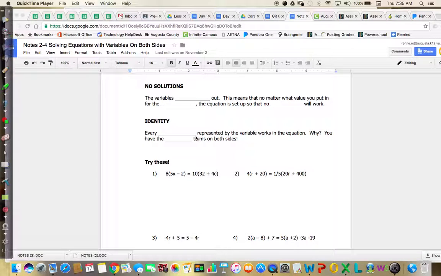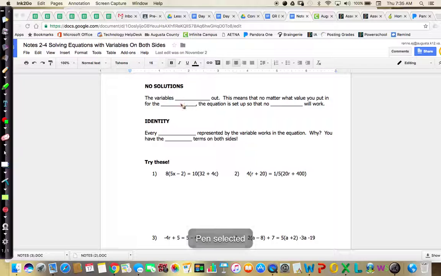Welcome to my notes on solving variables on both sides, and today we're going to look at a couple special cases. So the first one is no solutions. So in this case, the variables cancel out on both sides. This means that no matter what value you put in for the variable, the equation is set up so that no solution